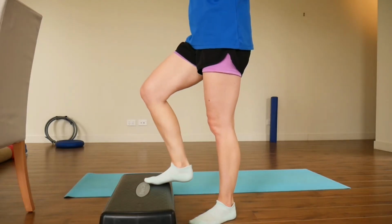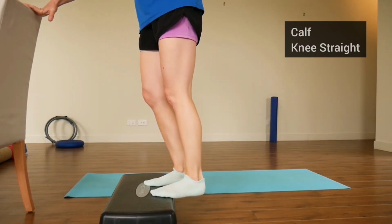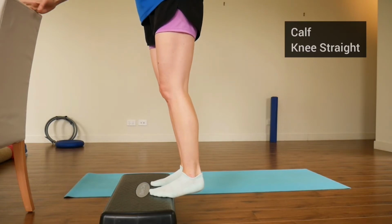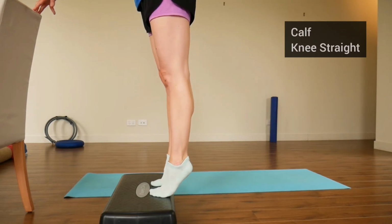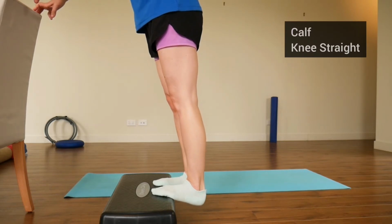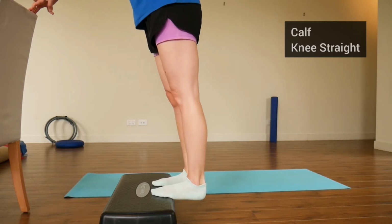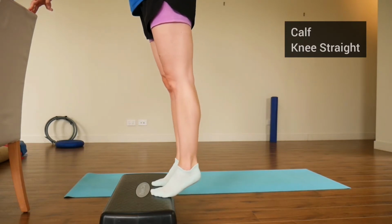So you want to target your calves as a runner because that helps you push off and give you some of that forwards momentum. Now you need to do this off the edge of a step. So get the toes on the step and your heel is off the edge of the step. I'm holding onto something for support. Knees are straight, and you're going to raise yourself all the way up onto your tiptoes. Keep those knees straight, and you're going to lower your heels as low as you feel they'll be able to go. You might even get a calf stretch, and then you are going to raise yourself all the way up onto those tiptoes again. So very slow, 3-second raise, 3-second lower, and you're going to do your 3 lots of